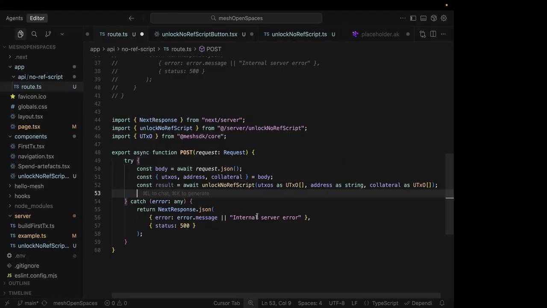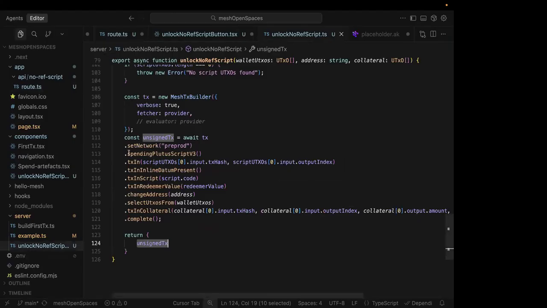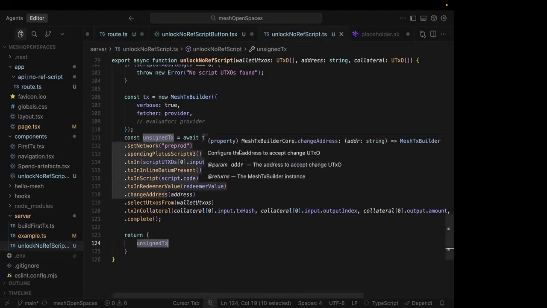So this is just the trigger for this compute. It's saying run this transaction with these parameters, and those are UTXO, address and collateral there on line 51. Correct. Okay, so the reason we are not directly using it in the client side component is because if we use this function,